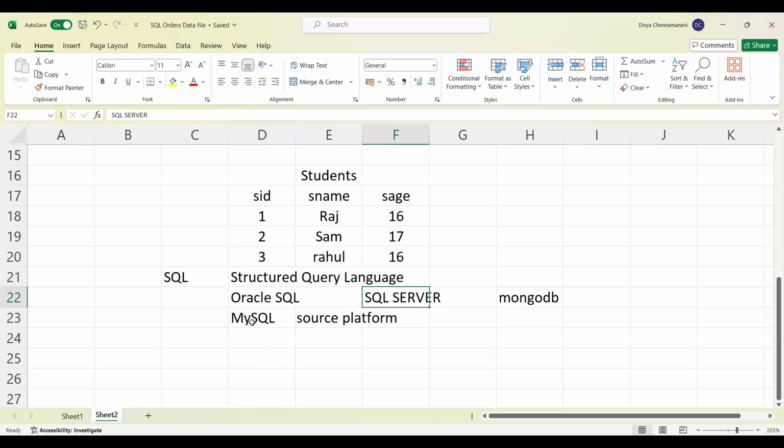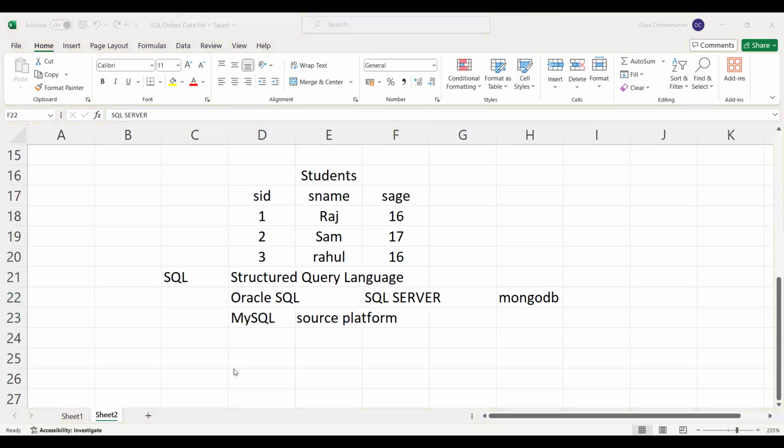For that reason, most companies prefer to use MySQL, and that's the reason we included the MySQL tool in our course. But once you learn this, you can even work as a SQL Server developer also. The concepts will be the same. There will be only one slight difference. I will explain it whenever we discuss the syntaxes. Once we start discussing practically, I will tell you the difference between these two. Am I clear so far?